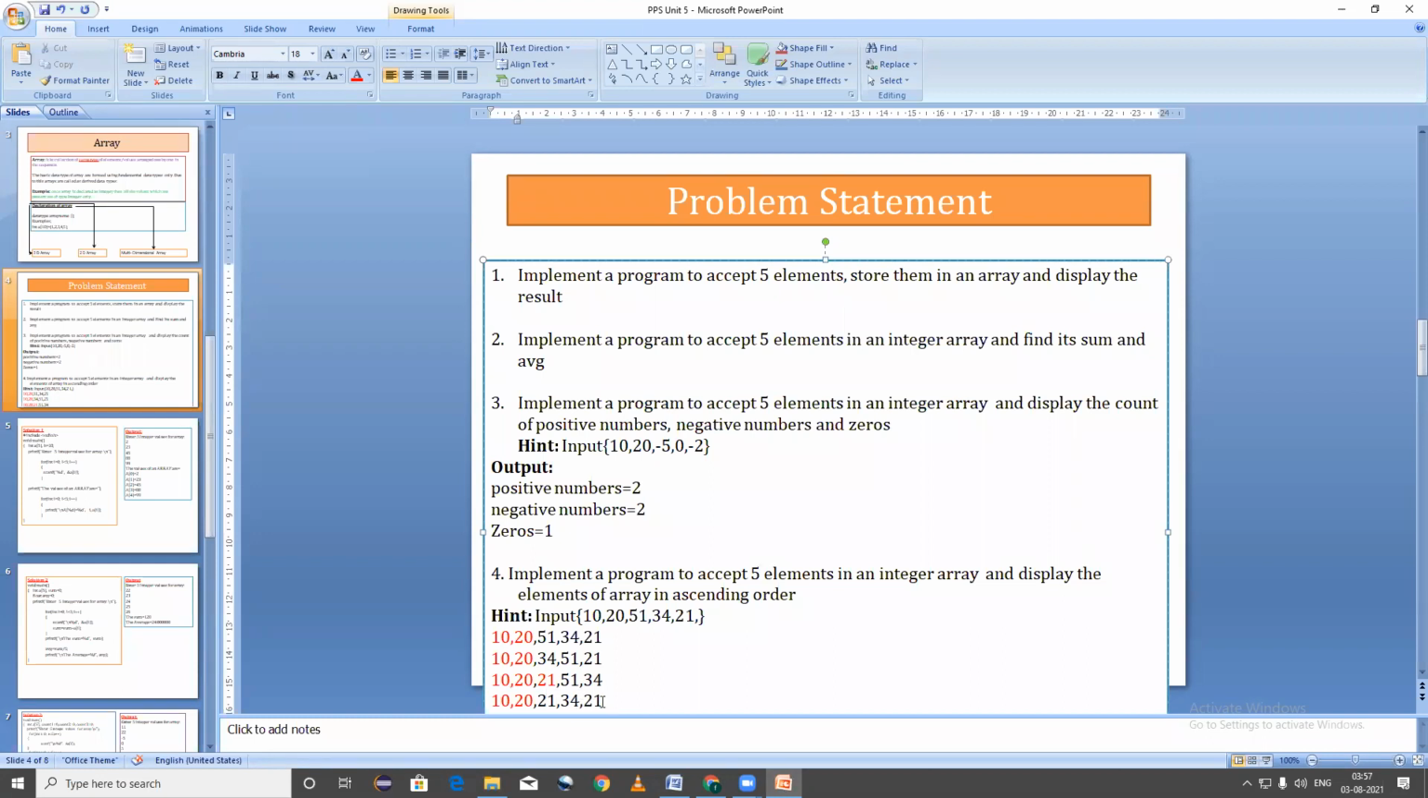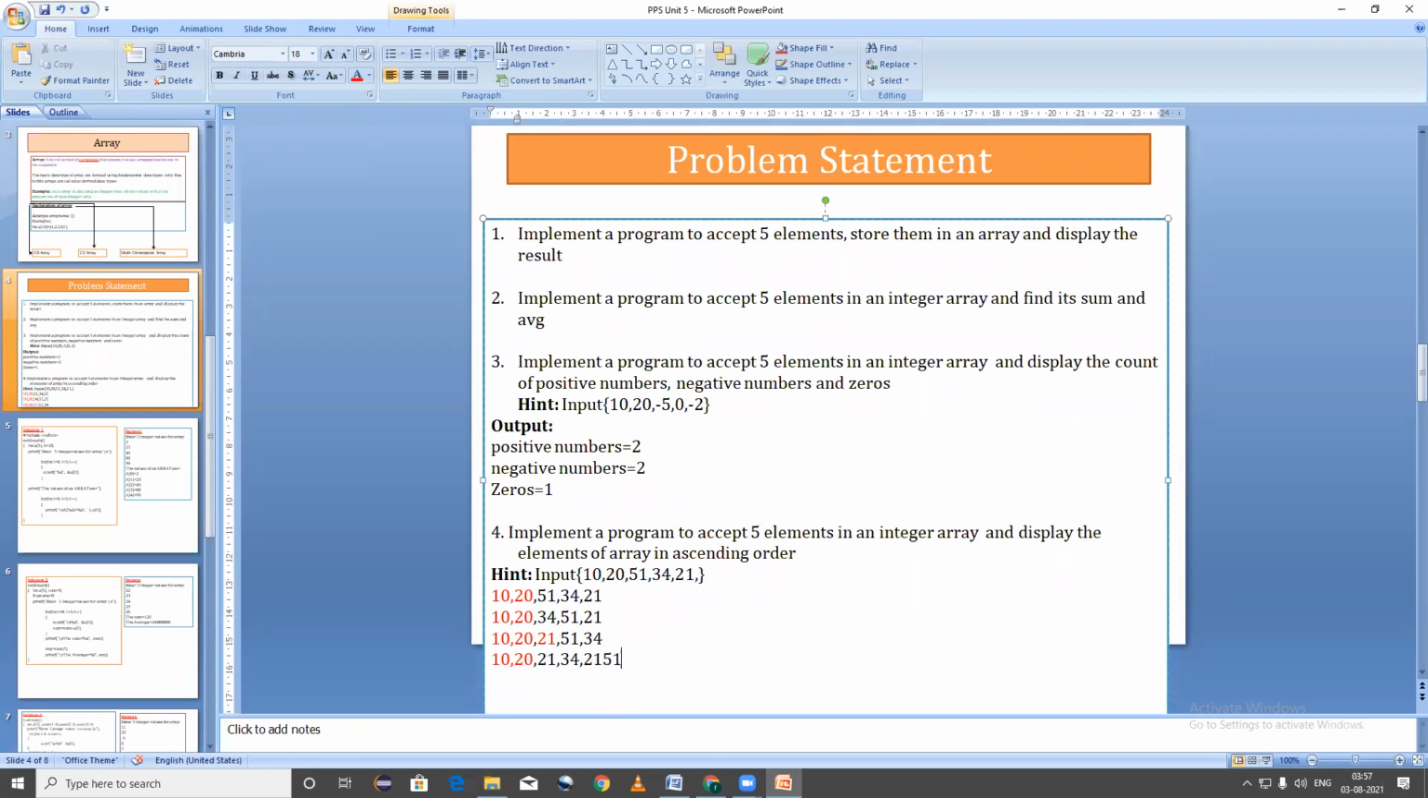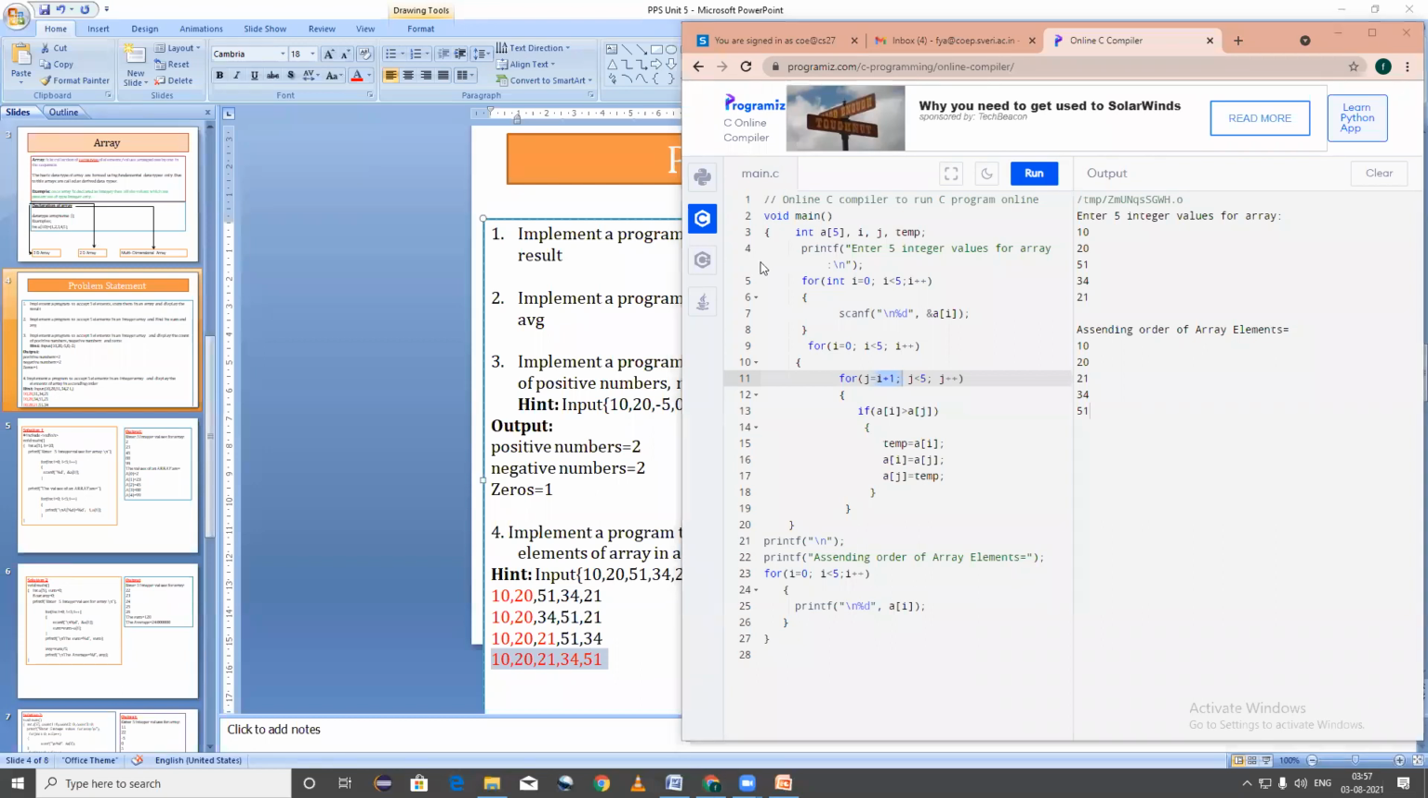So here it is 21, here it is 51. स्वॅप झाल्यानंतर काय होणार? 51, विच इज द रिक्वायर्ड आन्सर. हेच काय तुमचं रिक्वायर्ड आन्सर. आता हे प्रोग्राम मध्ये कसं होते ते बघूयात आपण. इथे चेक करा. ओके